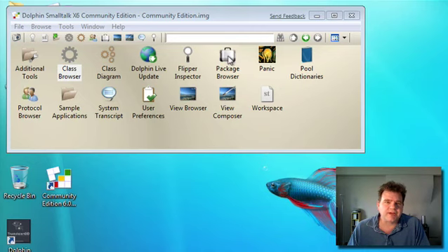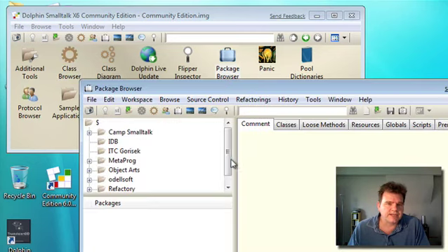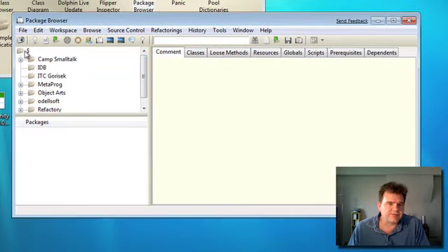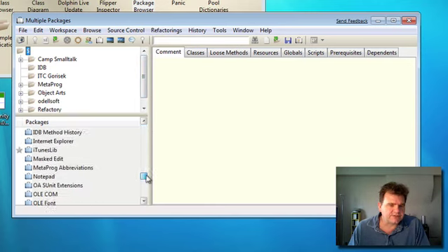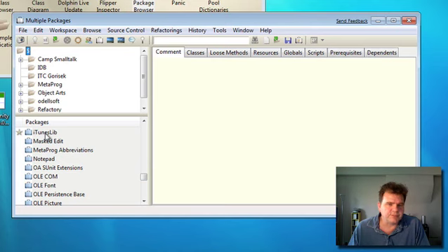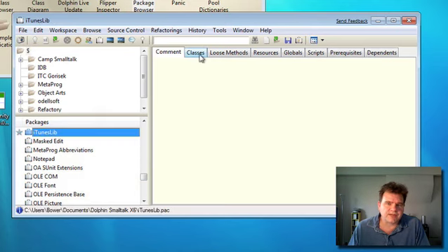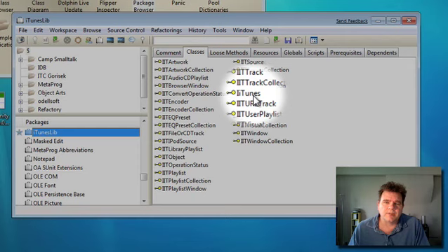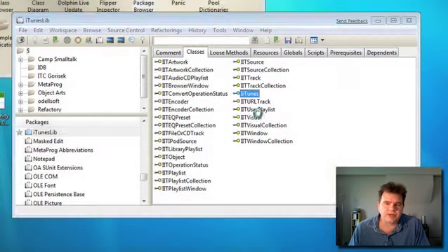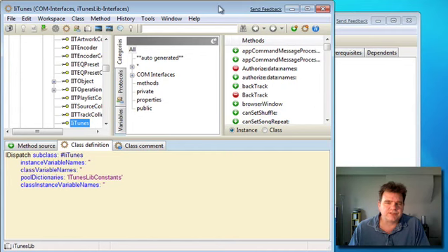If we open the package browser, now we can go and try to find that iTunes library package that we've created. And you'll notice it's down here, iTunes lib. And let's look at the classes pane, and these are all of the classes that have been generated for us. Now the main interface class to the iTunes library is called iTunes. So if we double click on that, we'll open a browser onto that,